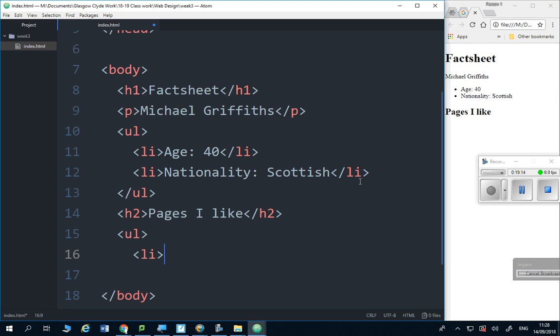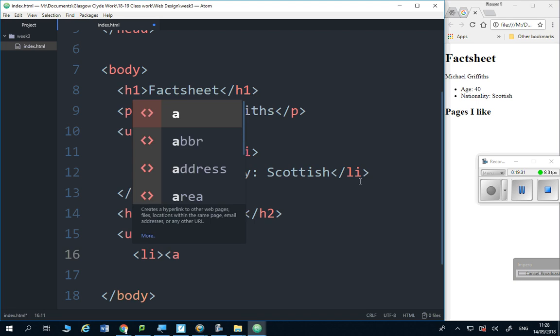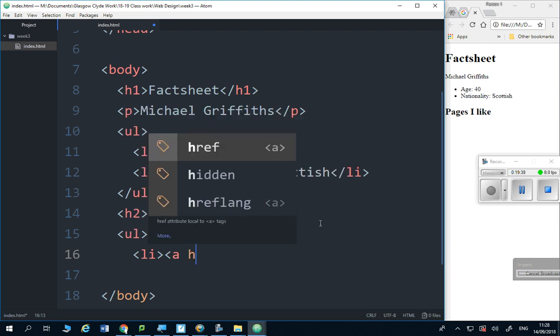Okay, can you remember last week? I know it was a long time ago. What we looked at in terms of hyperlinks. What was A, A href? Yeah, I was involved in it, right? So A for anchor, because you're anchoring to another point. Alright, and again, you see here it tells you your typing creates a hyperlink to other web pages. Href